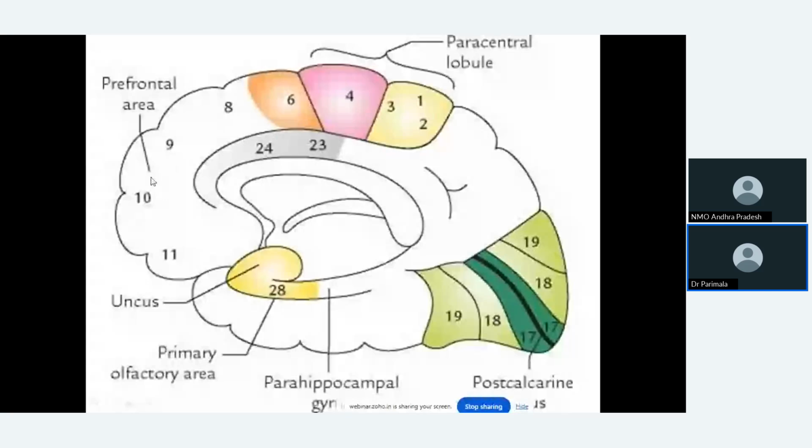I told you that in the medial surface, again, around the, what is the sulcus? Calcarine sulcus. Area number 17. Around that is 18. Around that is 19. Hence, this calcarine sulcus is also called axial sulcus. That means it is forming the axis for the visual cortex, either main visual area or visual association areas. So, depending upon the arrangement of the functional areas and the gray matter, the sulci will be named differently. Here, calcarine sulcus is called axial sulcus.